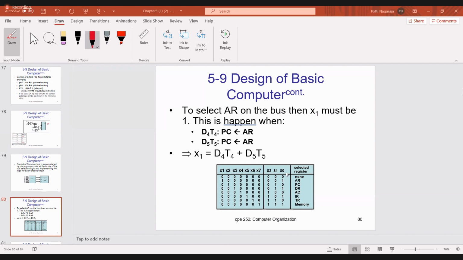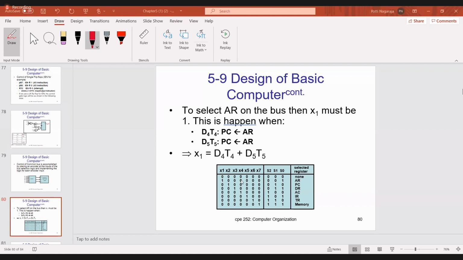So by using selection lines, I will select the corresponding register. And here, what is the encoder? Now assume that X1 is 1. When X1 is 1, which one will I select? The encoder has inputs 1 through 7.